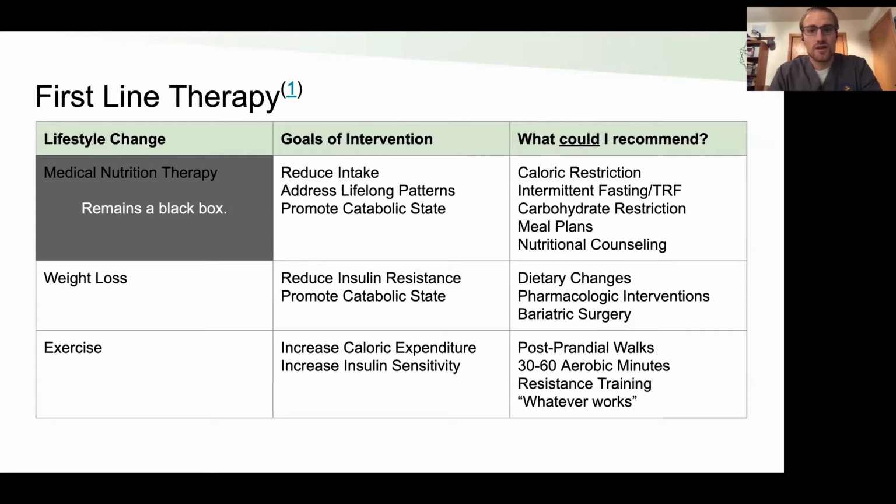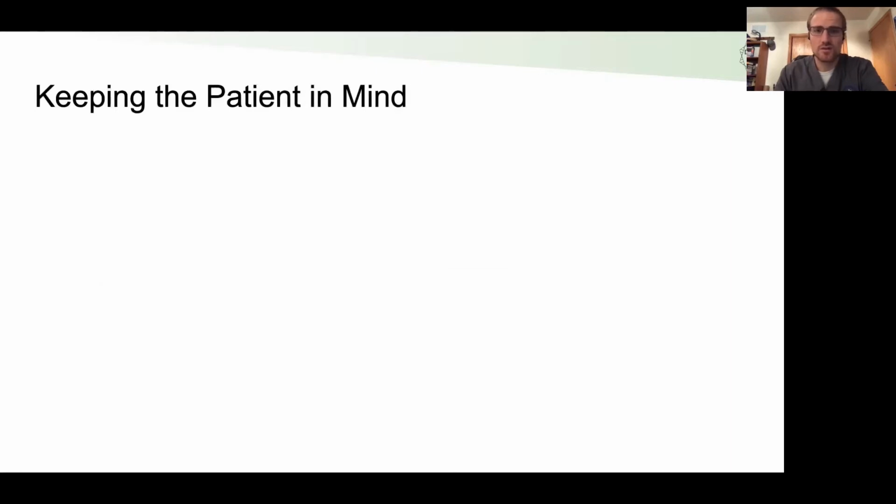And so there's a lot of heterogeneity within the patient in terms of what nutrition therapy will work for them. In general, caloric restriction, periods of time without eating, which kind of resets the metabolic clock, and carbohydrate restriction have a large volume of evidence, but there are outputs and data sources that show that those things aren't necessarily necessary for a patient. Which brings us kind of to the next piece, which is in our treatment, we have to keep the